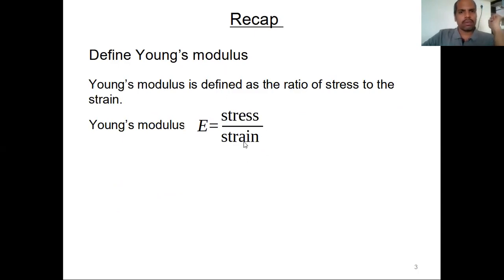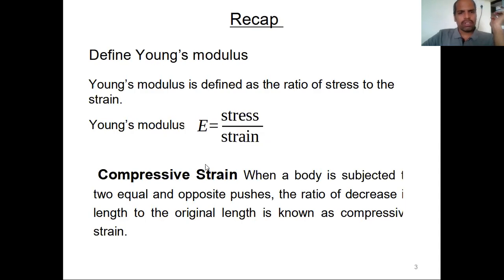Please remember it is a linear strain, because in the last class we discussed two types of strain, linear strain as well as lateral strain. The type of strain we have to take here is linear strain. Young's modulus is equal to stress by linear strain. When a member is subjected to compressive load, the strain it undergoes is compressive strain. Similarly, if the member is subjected to tensile force, the strain it undergoes is tensile strain.